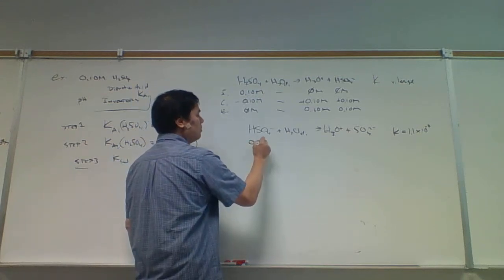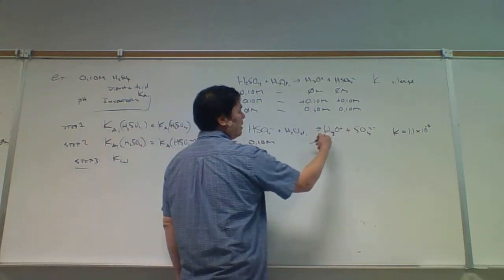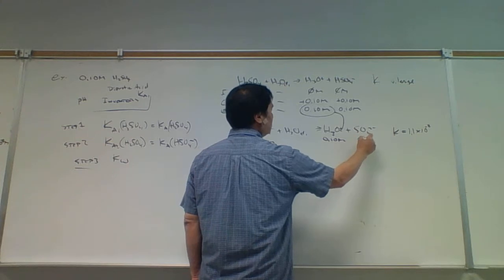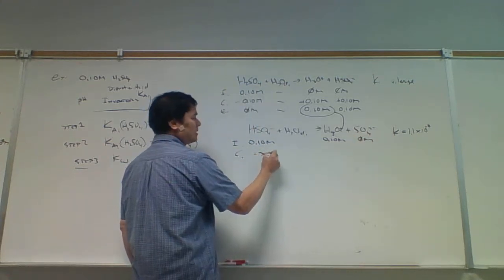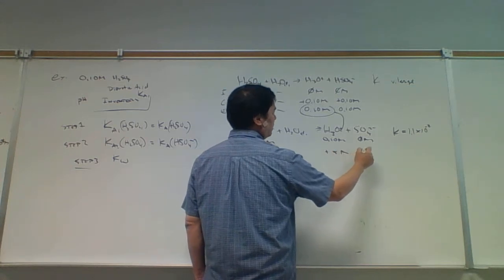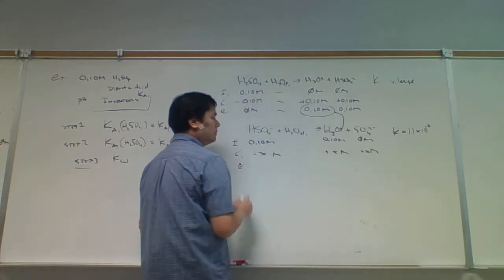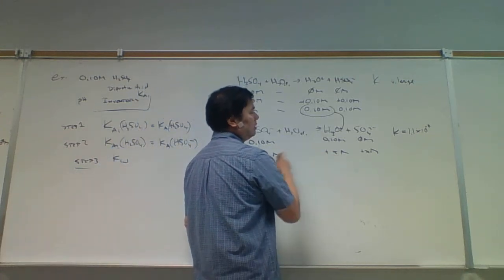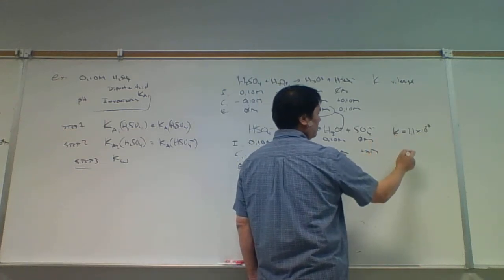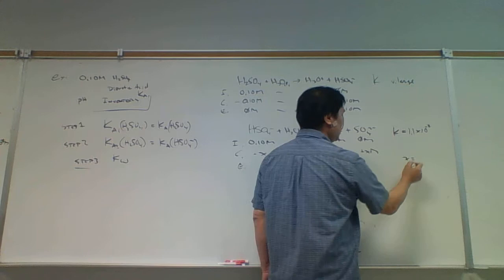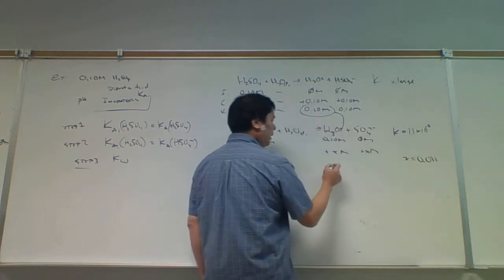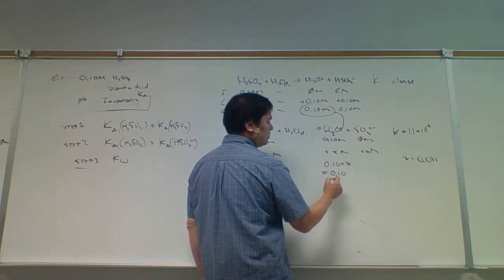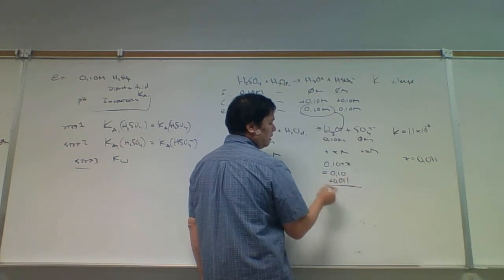And so I'm going to get 0.10 molar here initial. And then the hydronium, remember this is a common species here, so we're going to drop it. We're going to have 0.10 molar here and then 0 molar here. This is going to be minus X, this is going to be plus X, and plus X at equilibrium. When we do the calculation, because of the simplifying assumption, X is just going to equal K. So I'm just going to make this short. X is going to be 0.011. And so this is going to be 0.10 plus X, which equals 0.10 plus 0.011, which is going to give me